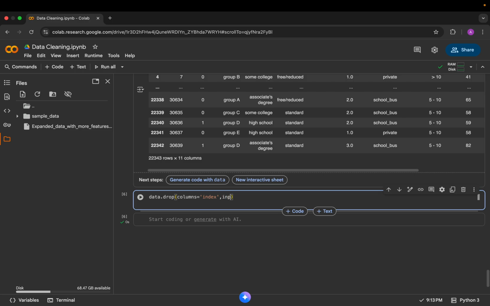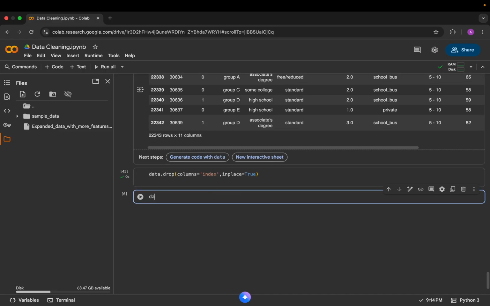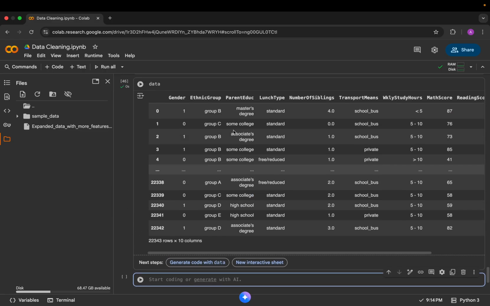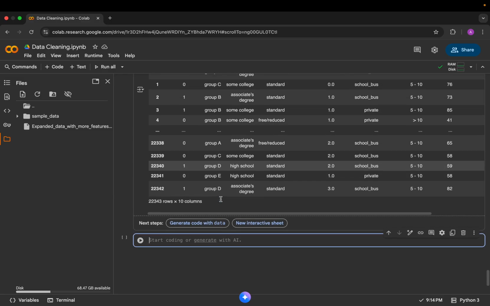And we will say inplace equal to true. Now we will see our data. You can see we dropped the index column, and now we will